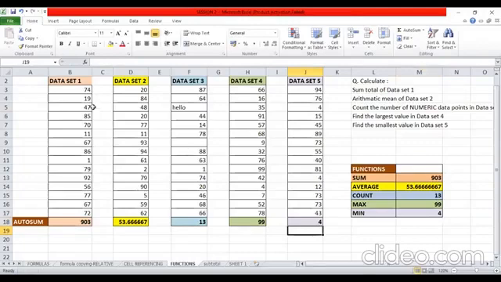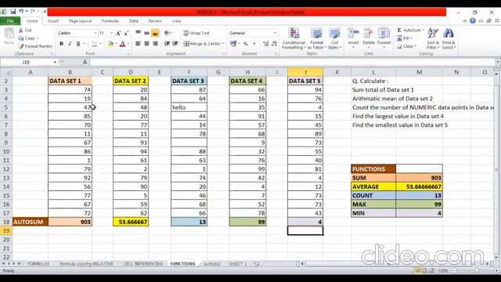So whenever my data set consists of a row of data or a column of data, it is more convenient to use auto sum because I will not have to enter the range. However, if my data set is not in a single row or in a single column, I can still use auto sum, but then I will have to adjust the range. So it is better to just insert the function directly.